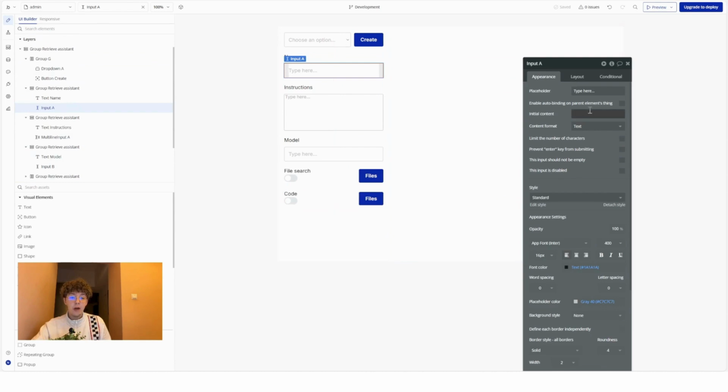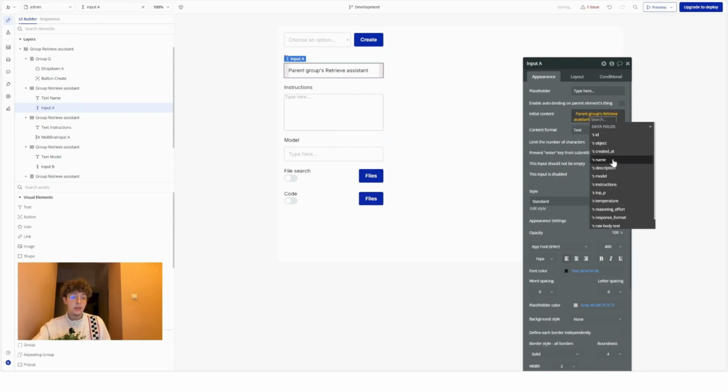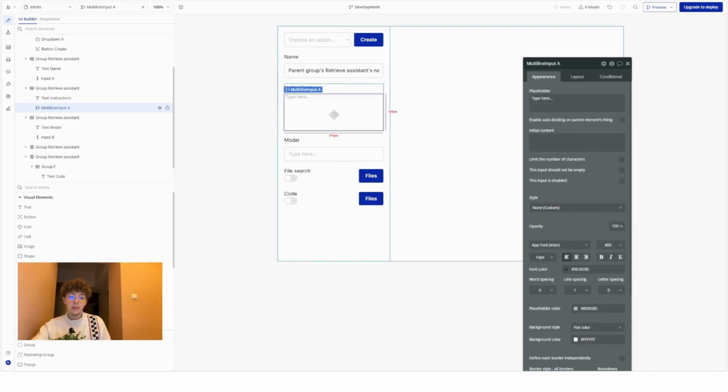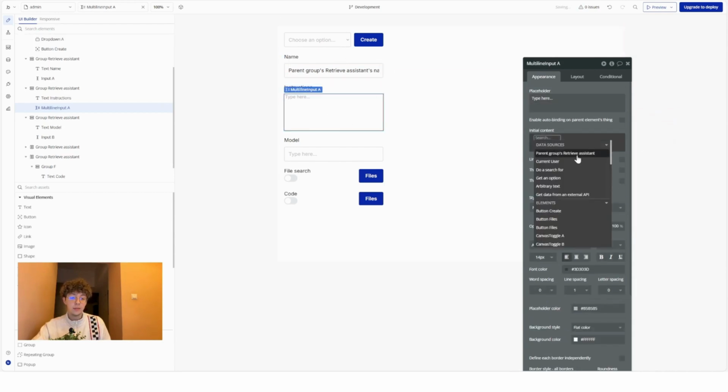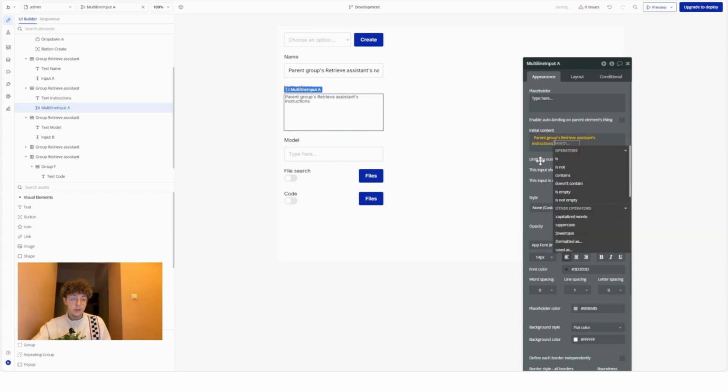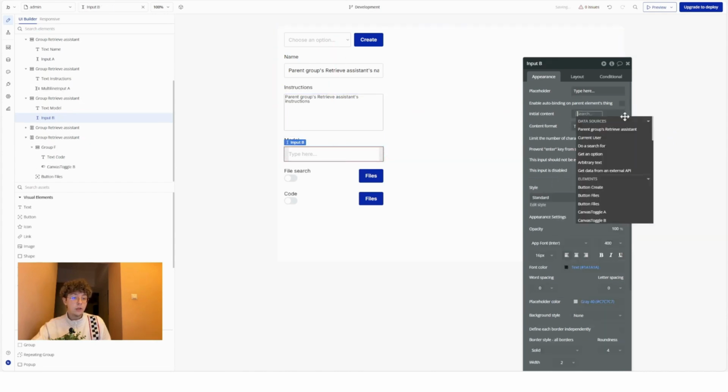So for name, now we can put initial value. That would be parents group retrieve assistant, name. Then the same for instruction, initial value will be parents group retrieve assistant, instructions. Then the same for model, parents group